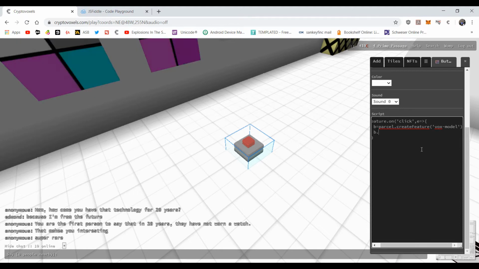Now what? You want to assign a position to it, because if you don't, I'm going to go b.set, sorry, and position, and give it an array. So I'm going to go 1, 1.5, 1. Great, so it's x, y, z. And then